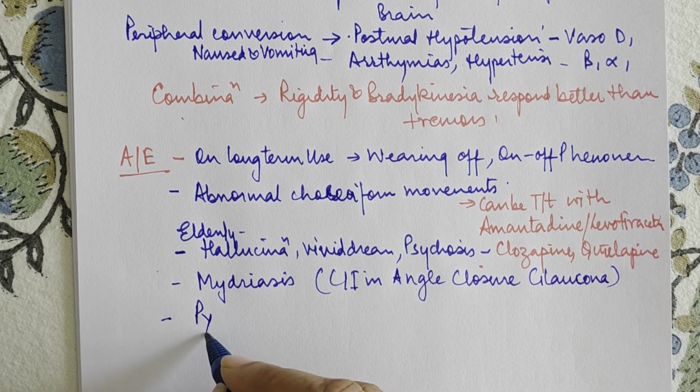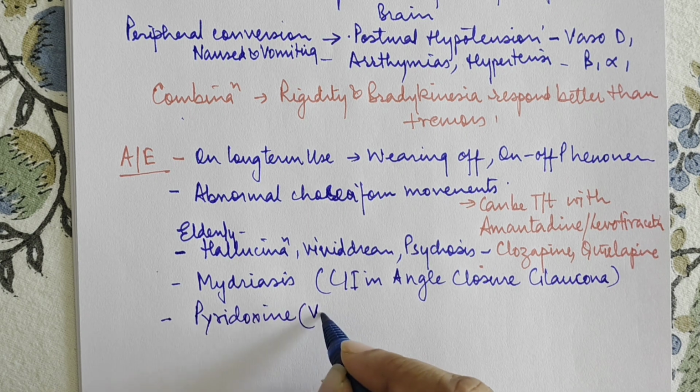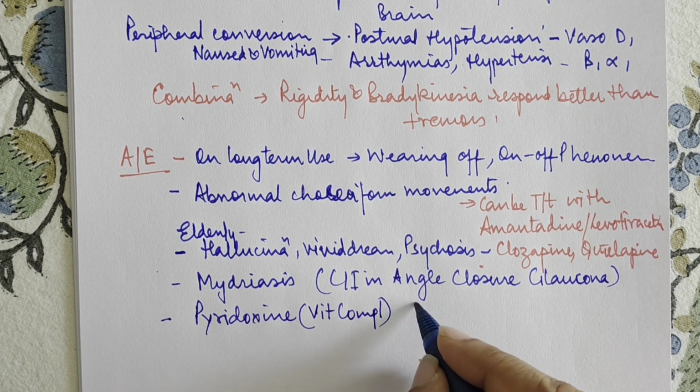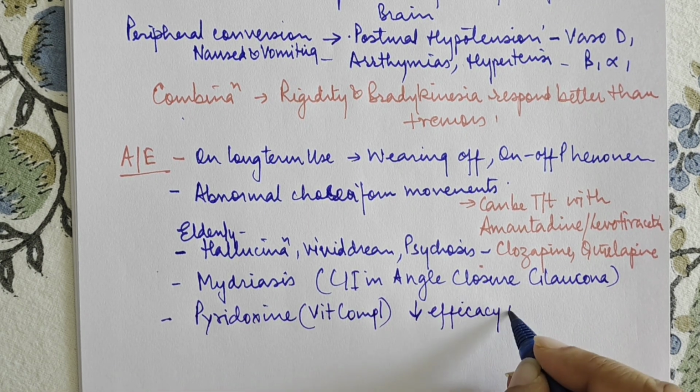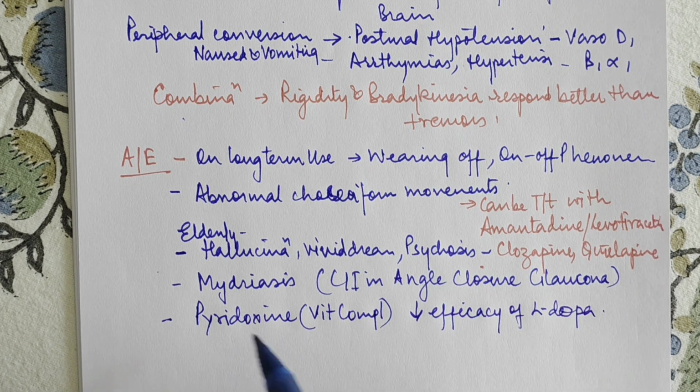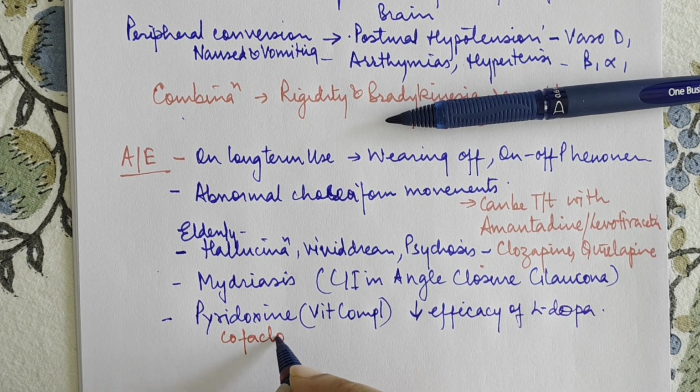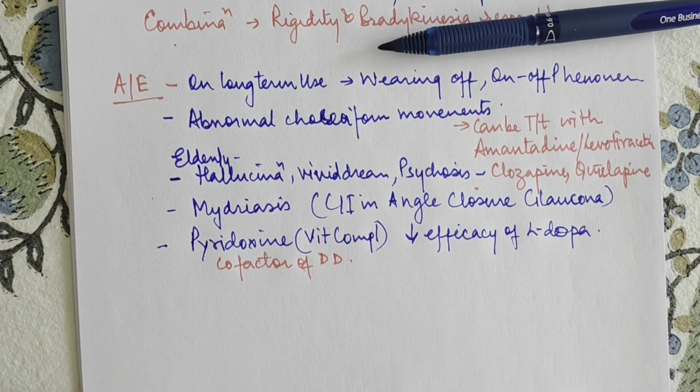Next, pyridoxine. If a patient is taking pyridoxine, a vitamin complex, then it can reduce the efficacy of levodopa, right? Because pyridoxine is a cofactor of the dopa decarboxylase enzyme, so this results in reduced efficacy of L-dopa. Then next,